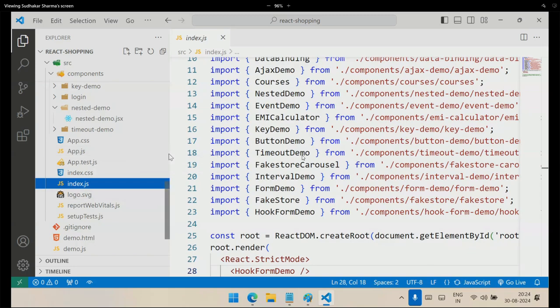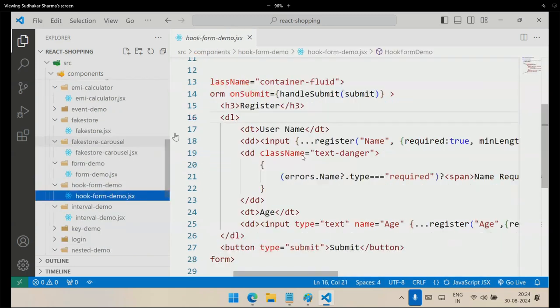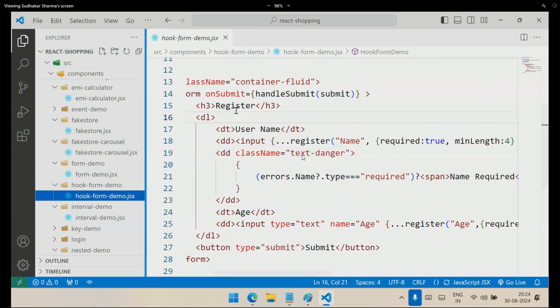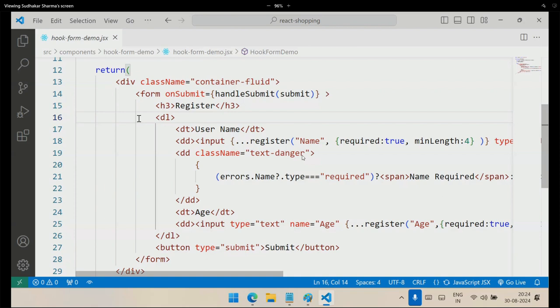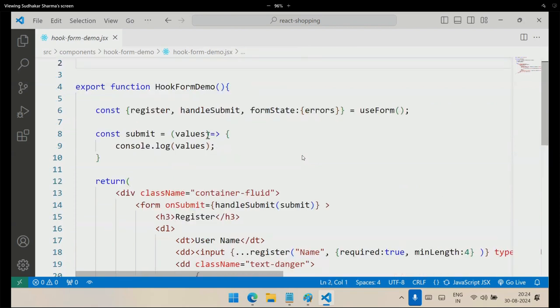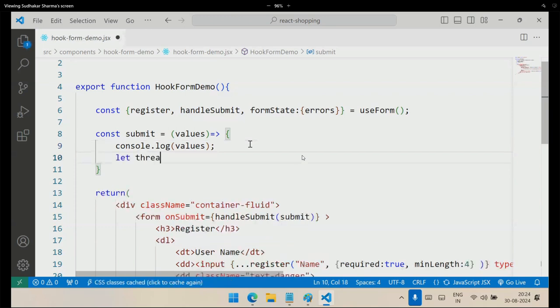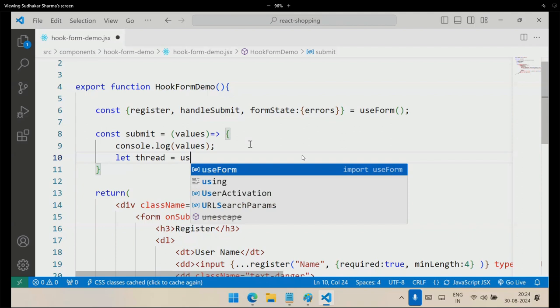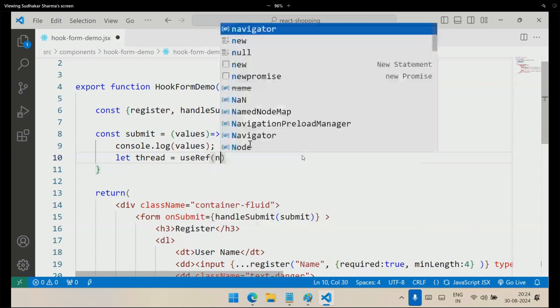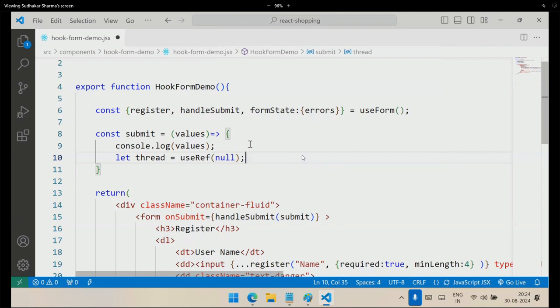Okay, now here I need to configure some state or some reference. Let's say thread is equal to useRef, and by default I give it as null. What is our intention on submit click? We need to allocate a memory, and in that memory we want to store some data. That is our intention. That means we are configuring this,